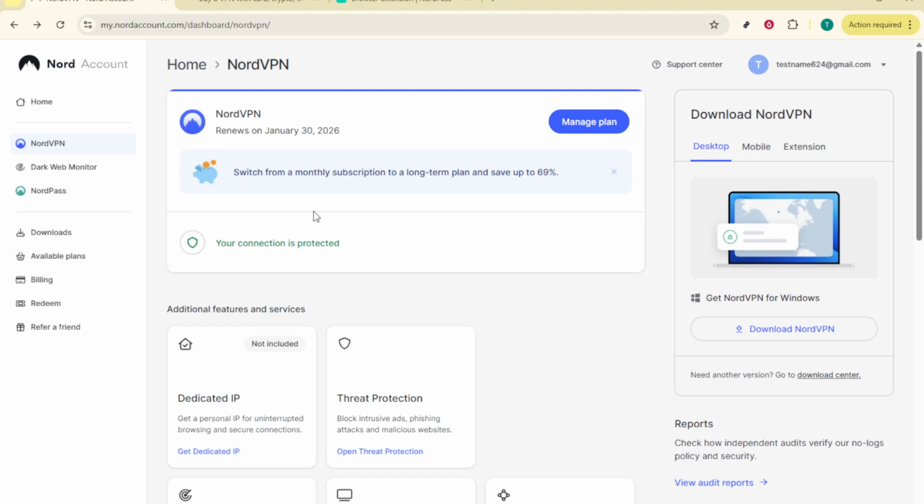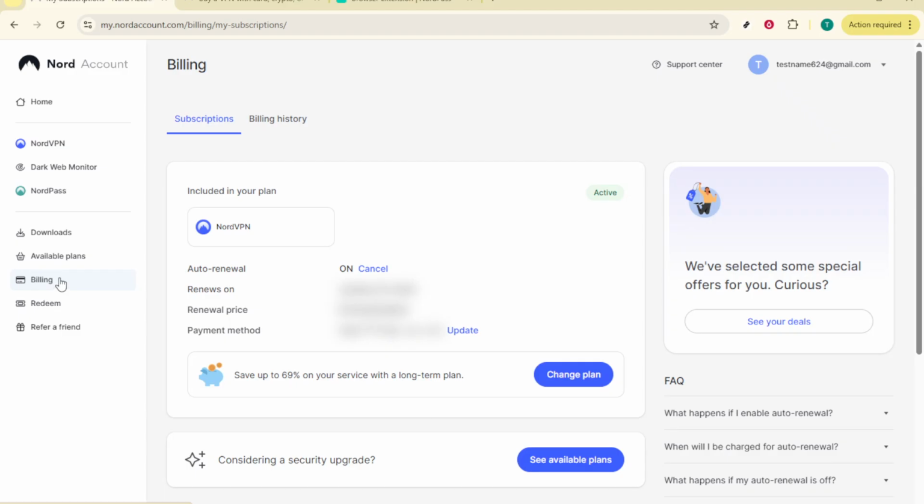From here, look to the left-hand menu and choose Billing. This is where NordVPN keeps all your payment and plan details. Inside Billing, select the Subscriptions tab. You'll see your active plan listed here, along with the current status of auto-renewal and your next renewal date if